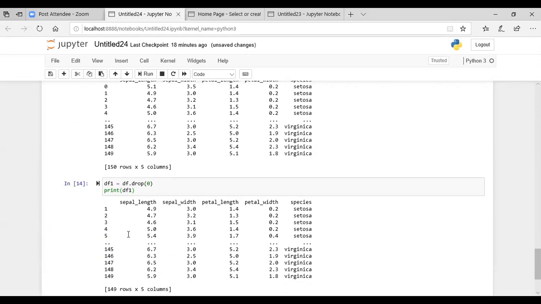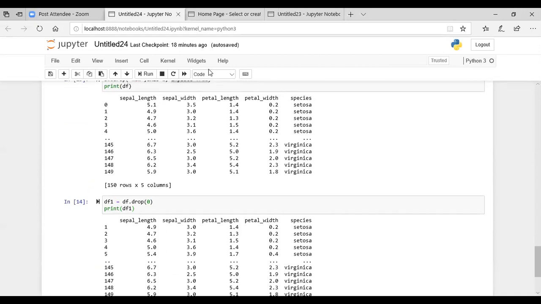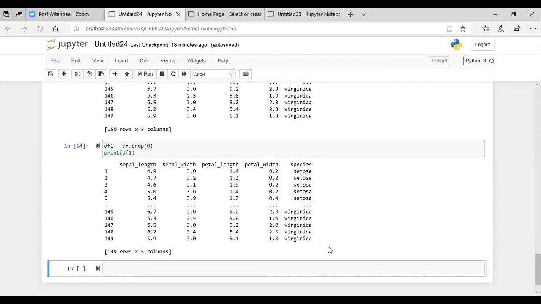You can see that the values are starting from 1 now. Previously, row number 0 was also present, but right now there is no row number 0. It has dropped that row and it is being stored in df1.